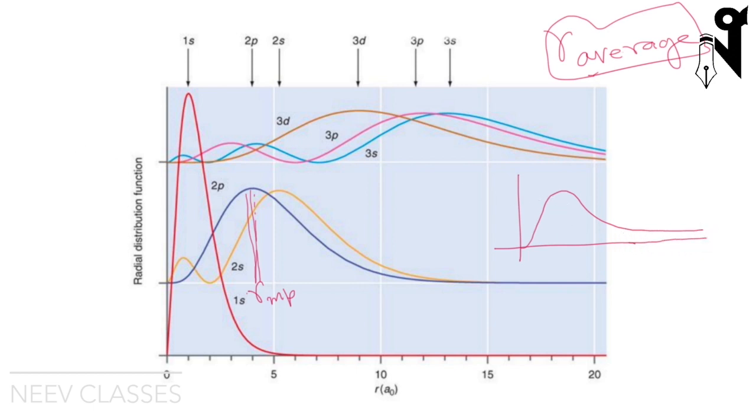Let me make a more convenient graph for myself. So I made it. This is your radius most probable. That means at this radius, the probability of finding is the highest. But remember, what was the meaning of the area? Area was simply giving you how much is the probability. If I see both side areas, what I see across left side and right side of the most probable radius, the area is not same. The probability of finding in this region is more than finding in that region. So if I do an average, my average radius is going to come somewhere over here,